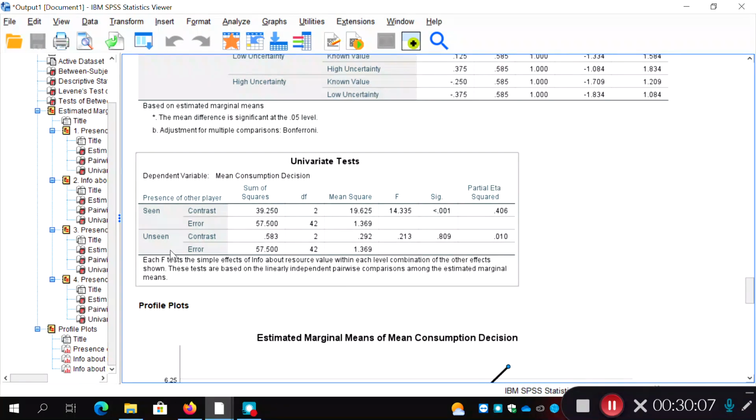Okay, for the unseen condition though, we've got an F value of 0.213 and P is equal to 0.809, so not a statistically significant difference. So we can ignore the unseen condition because there are no significant differences. But we have differences in the seen condition, and we've got three levels, three groups that we're comparing: known, low uncertainty, and high uncertainty. So we would then need to do some follow-on post-hoc tests to see which of those